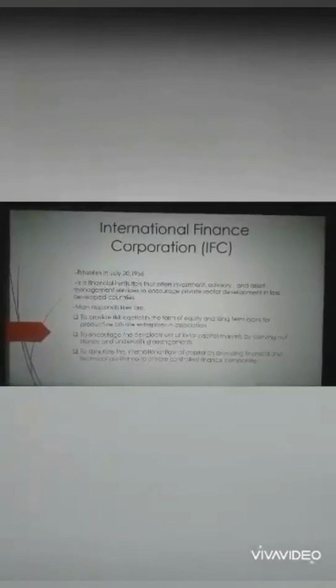International Finance Corporation or IFC, na established noong July 20, 1956, is a financial institution that offers investment, advisory, and asset management services to encourage private sector development in less developed countries. Ang IFC ay kabilang sa samahan ng International Financial Institution at nakapokus siya sa pagde-develop ng mga bansa upang maibsan ang kahirapan. Main responsibilities are to provide risk capital in the form of equity and long-term loans for productive private